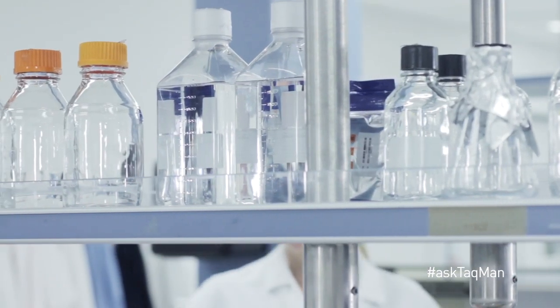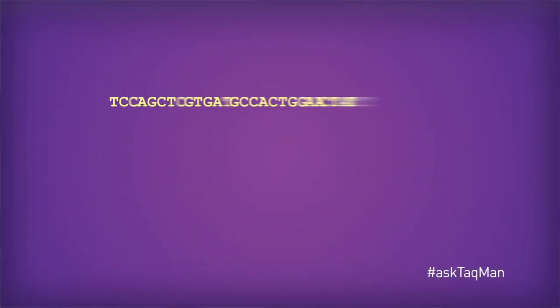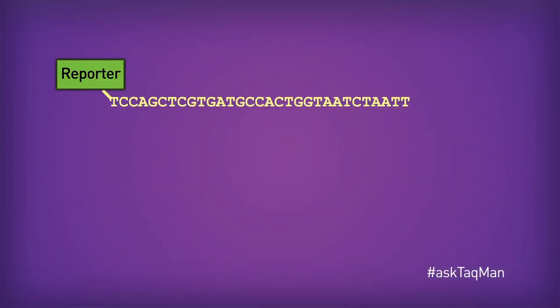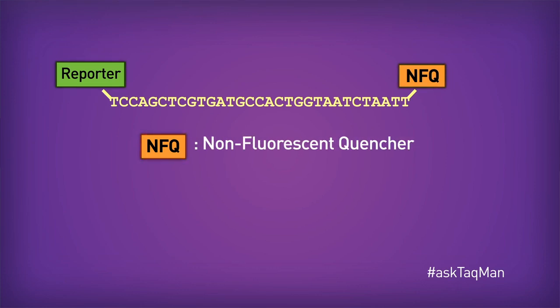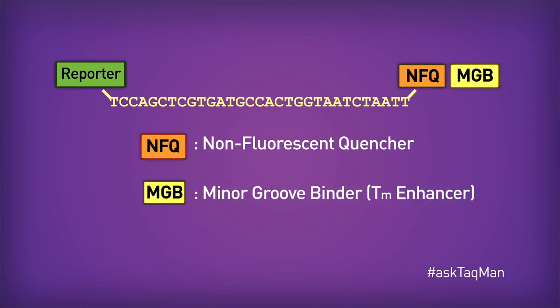First though, let's look at a slightly newer alternative, namely MGB probes. The 3' molecule on MGB probes actually consists of two subunits. There's the quencher itself, which, unlike TAMRA dye, is non-fluorescent, and so it gives off no background fluorescence. That's a good thing. But then there's also a second subunit called an MGB, or minor groove binder. This molecule serves the purpose of increasing the melting temperature of the probe, allowing us to design shorter and often